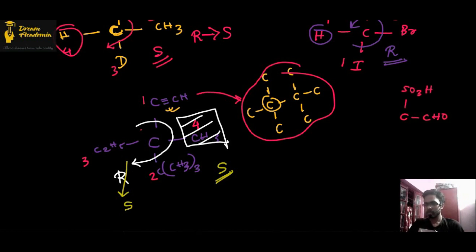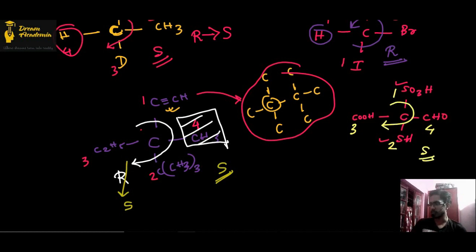SO3H, COOH and SH. Similarly, what will you have to do here? You will apply the ghost concept because sulfur has a higher atomic number. So first or second will occur from these two positions only. Now, if you consider the ghost concept as 3H, so 1, 2, after that 3, lastly 4. So this becomes again this way, similar to this one, and so it will again be S.